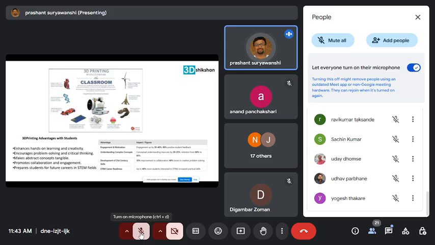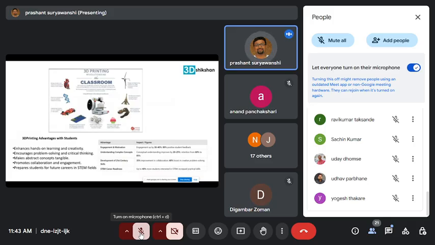I think Pushkar yesterday covered the applications, particularly in automobiles and aerospace, where 3D printing is extensively used, for one thing for being lightweight but with the same or more strength. So that's where it's important for students also, right?